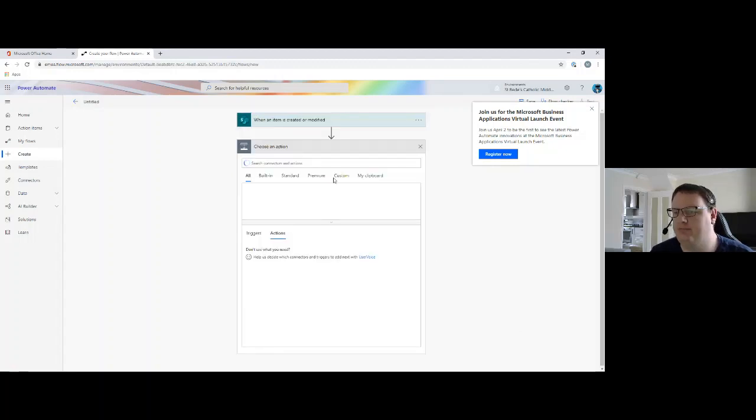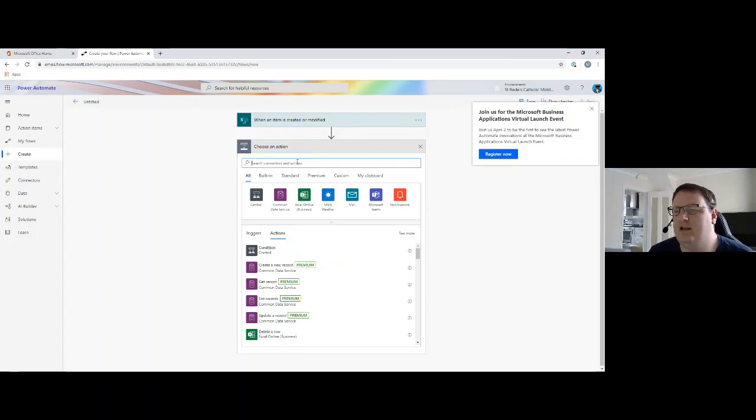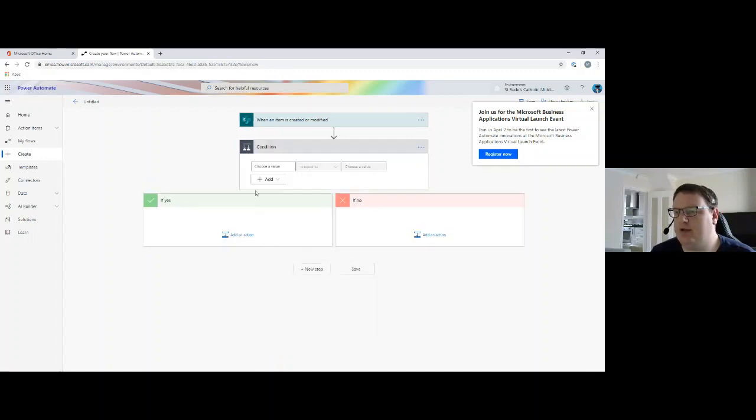So let's click next step. What do I want it to do? Well, the very first thing I wanted to do is to ask me if I approve it or not, because if I don't approve it, there's no point going through with any other sections. So I use the control condition here, and I've got a very simple outcome. So if my